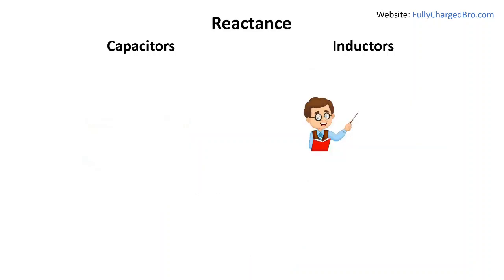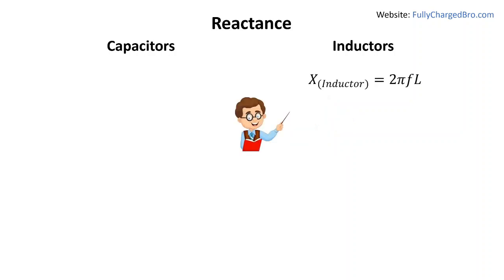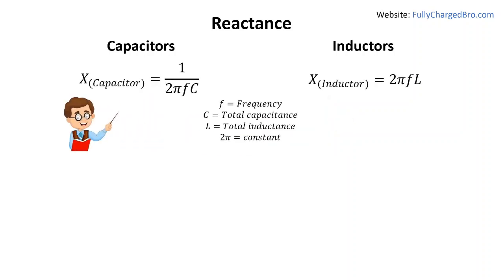Both capacitors and inductors have a reactance in an AC circuit, which is the resistance offered to the current, and is dependent on the frequency. The formulas for the reactance across a capacitor and an inductor are demonstrated by Nikola here. This indicates that a larger frequency will increase the reactance of an inductor, but will decrease the reactance of a